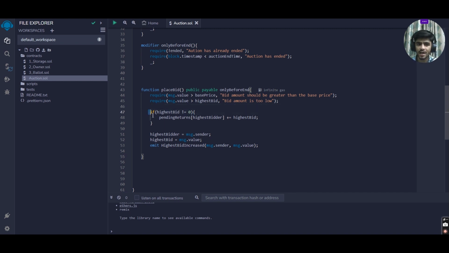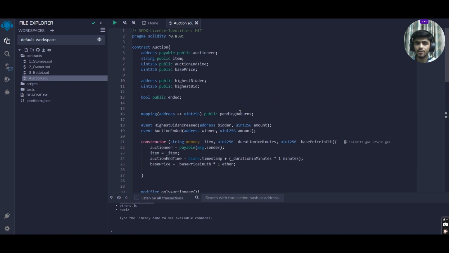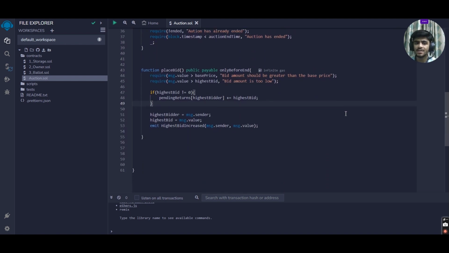So now he will fall in this condition, because at the moment the highest bid is 2, so that condition is not 0. So this condition is true, that yes, the highest bid does not equal 0. Okay, the highest bid is 2. And what will happen is, we are saying that now the highest bidder should get into this mapping pendingReturns, because what is going to happen is